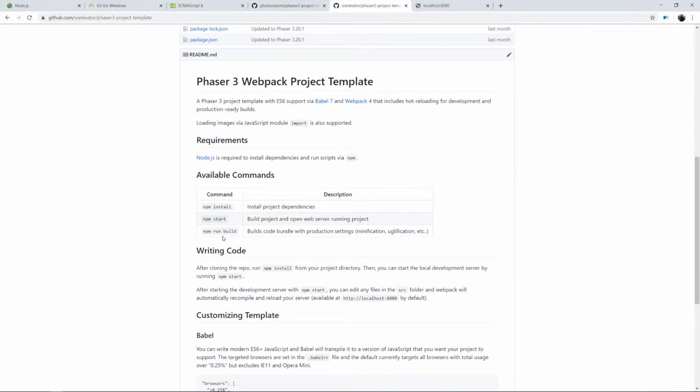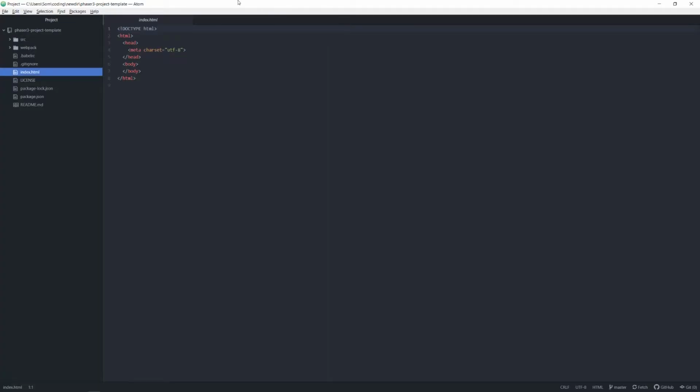But then when I type in npm run build, it will build a code bundle with production settings, including minification, uglification, etc., which means that my development build is not going to look exactly the same, or even the same at all, in terms of the file structure and the code as the production build will look like. When you type in npm run build, at least with this project, it's going to compile all that stuff into the most efficient way possible for you to use if you were going to, say, serve it up as a website. We don't have to pay attention to that right now, just letting you know while there's nothing in my